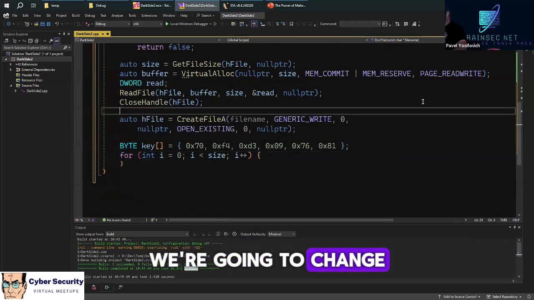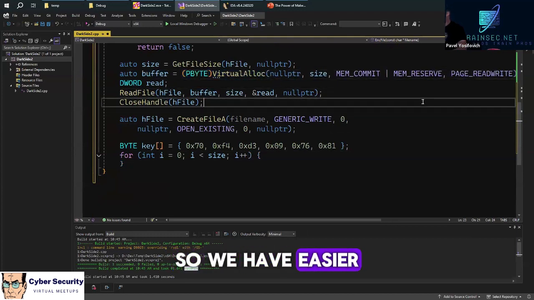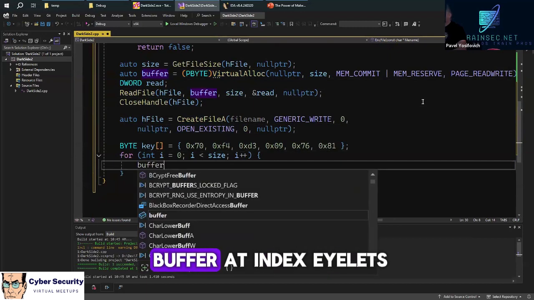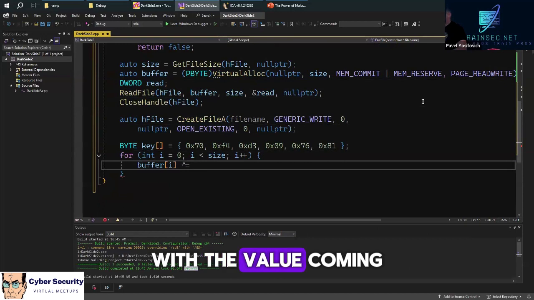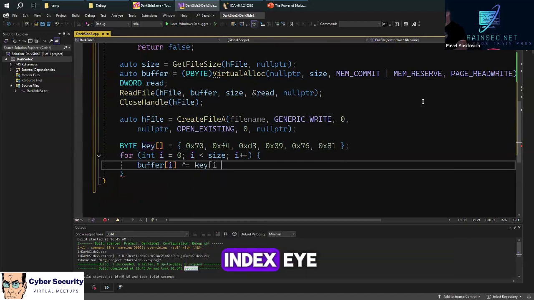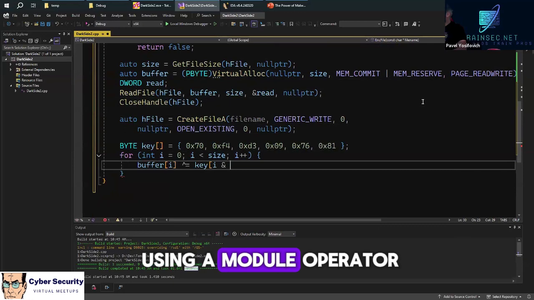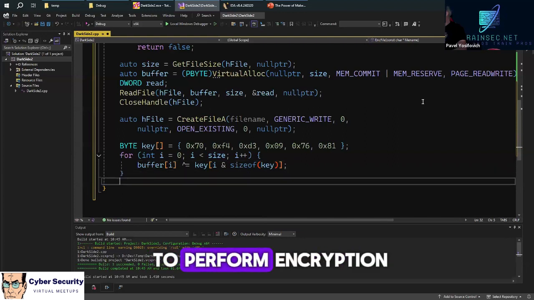We're going to change the buffer here to a pointer to a byte, so we have an easier way to access this as an array. So you can do buffer at index I, XOR that with the value coming from the key at index I, but since the key is fairly short, we need to roll over when we get to the end of the key, and this is done using a modulo operator. That's going to be modulo of the size of the key. That's a simple way to perform an encryption.